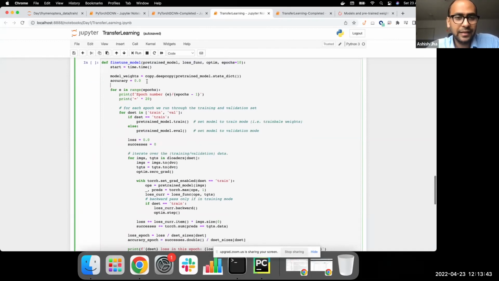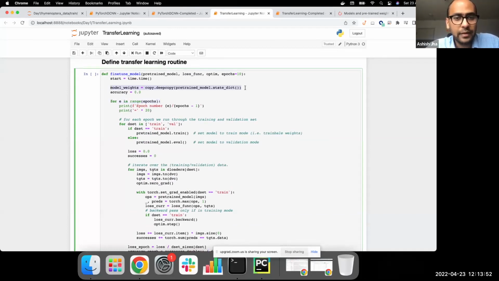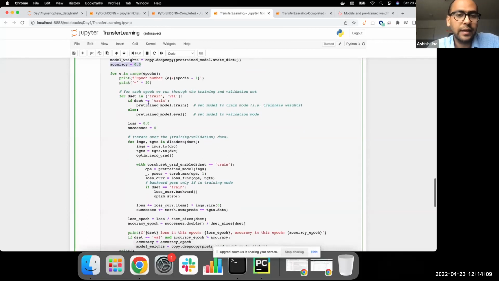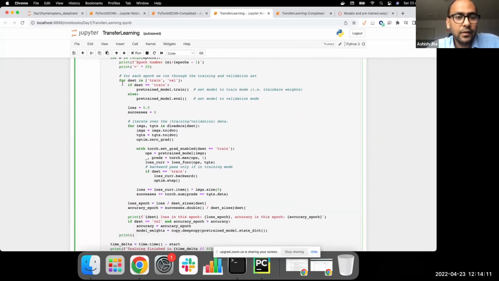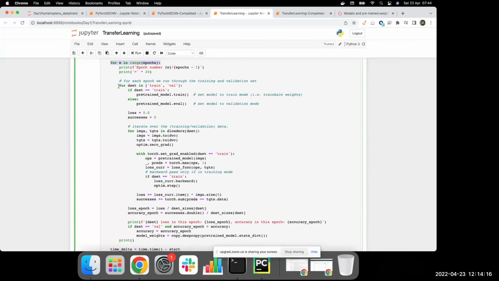So in this entire function, we have this model training loop, which goes through the number of epochs. Now, you will notice that we copy the entire set of weights from the pre-trained model, the AlexNet model, in the model weights. Just keeping that in mind. And we begin with an accuracy of 0 from the beginning of epochs, and we will add to this accuracy as we go along. Okay, so within this training loop or model fine-tuning loop,